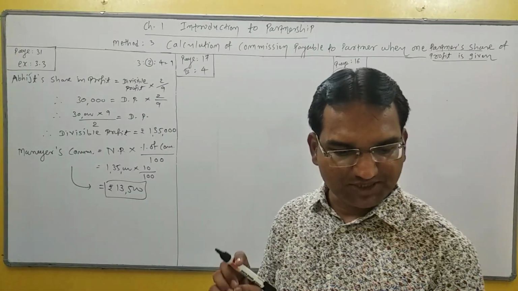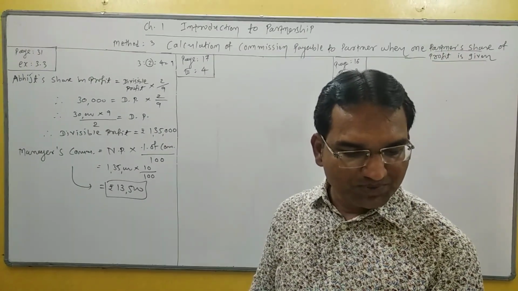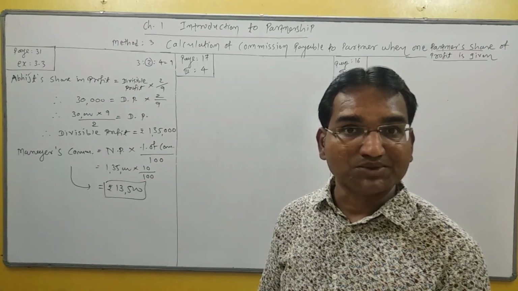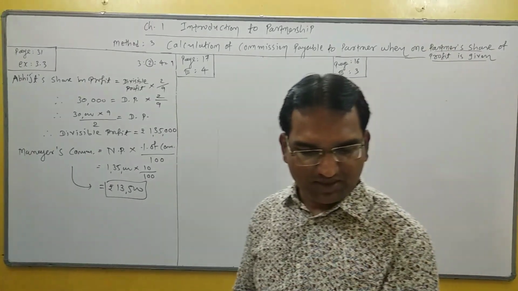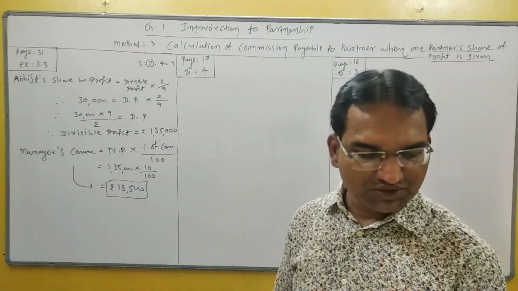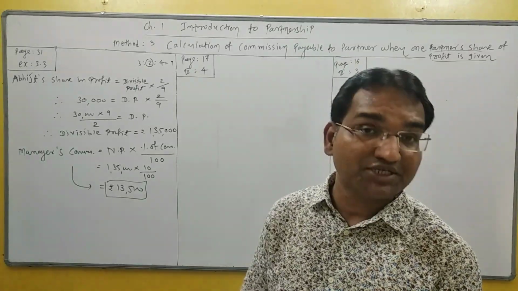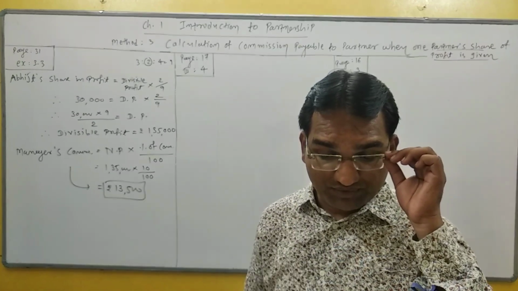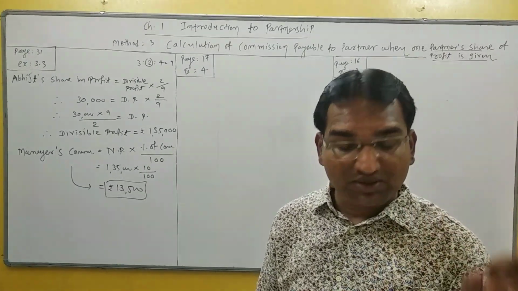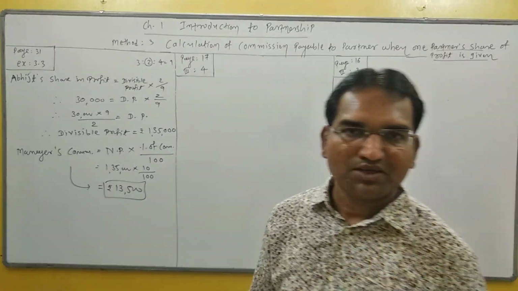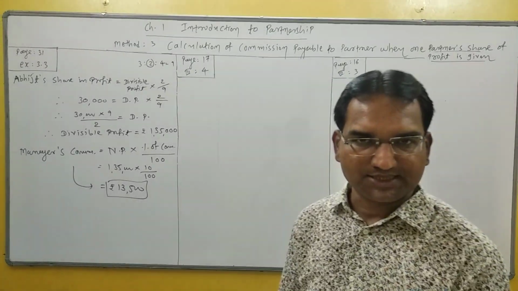Again, the same condition is given. Surbhi receives a share in profit of 70,000. Surbhi's share in profit is given. Determine the amount of commission of Sanket, meaning the manager's commission as in the example. Also determine the amount of profit before deduction of commission of the manager. So one extra question in the example, right?